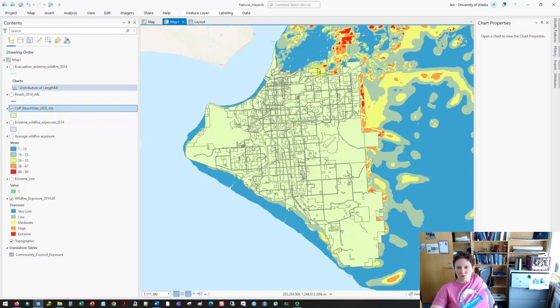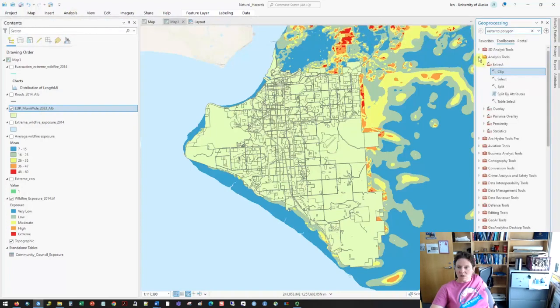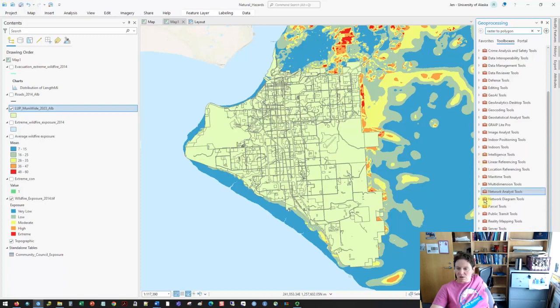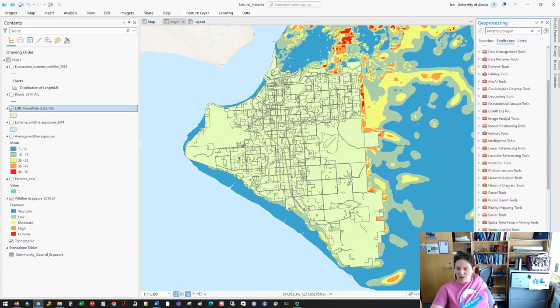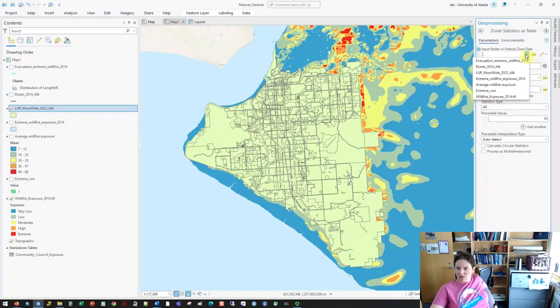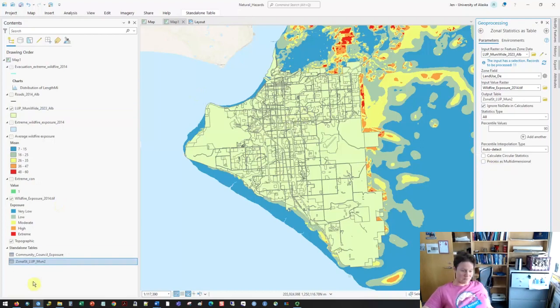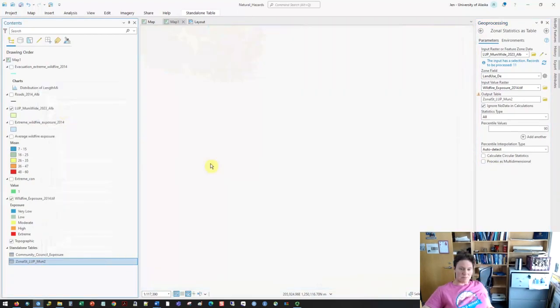You don't have to do this, just watch me. So I'm going to go to the analysis tools, and I'm going to go down to zonal statistics, which is under spatial analyst. Zonal statistics as table. I'm going to take our land use and put our land use in there. The field is our land use. The input raster is our wildfire, and I'm just going to accept the default where it is and hit run. So it's calculating all the statistics for every single little polygon in that land use table. So if I open this up,